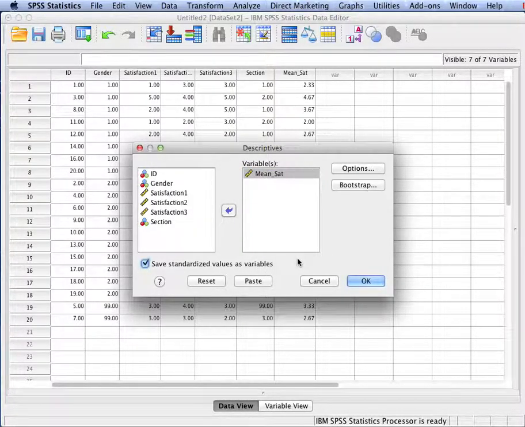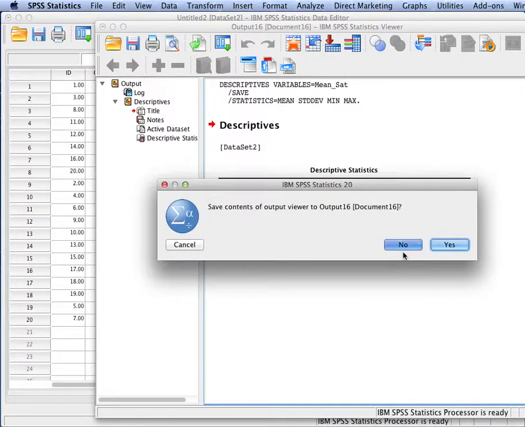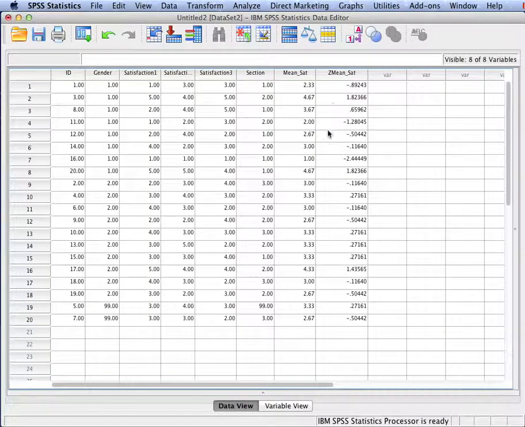And what this is going to do is create a new variable in SPSS that has the same name as the variable we've selected, but it's going to add a little z. What it has done is taken each of the scores we had on that variable and calculated the equivalent z-score based on the average of this variable, the standard deviation, and this observed score. So we click OK. At the same time, we do get a quick summary of the variable. We can close that. And when we go back to SPSS, we see right here